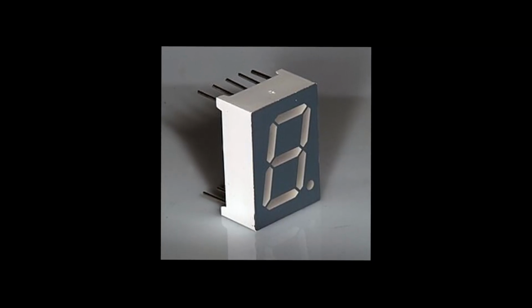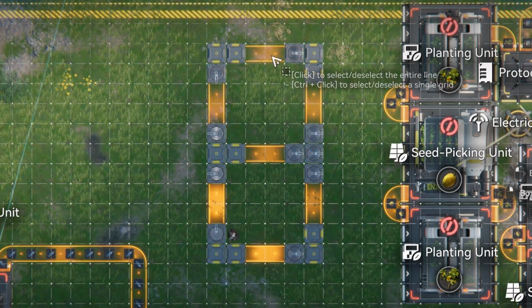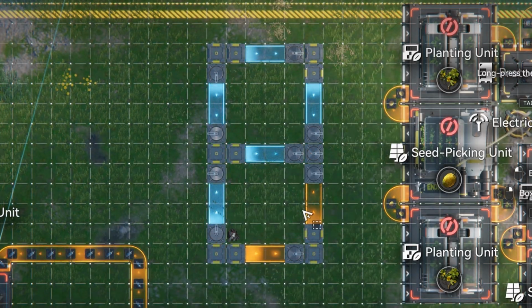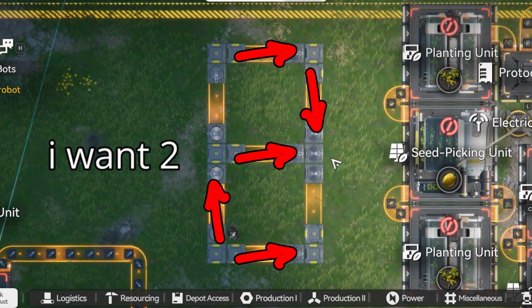A 7-segment display is an electronic device used to show numbers using 7 individual light segments. This can display numbers from 0 to 9, or even some letters. By inputting a desired number, certain segments turn on to display that number. We can also do that in Endfield by manipulating where the items can go to in each segment. All we need to do is figure out how to get the individual segments to work together to display what